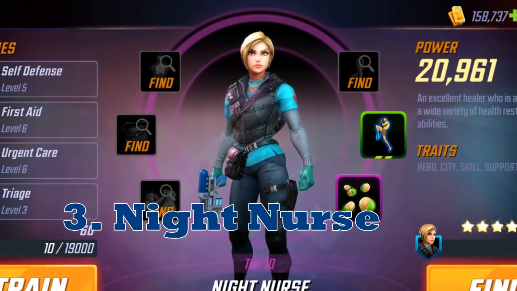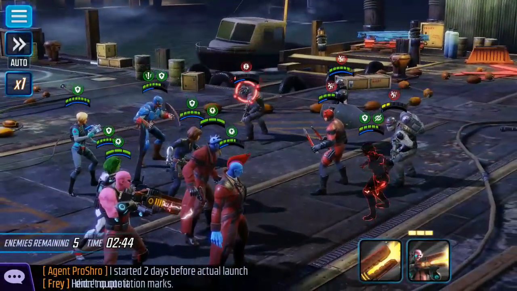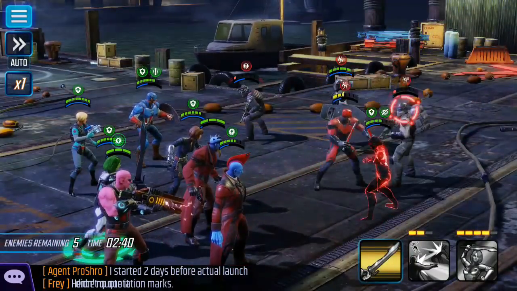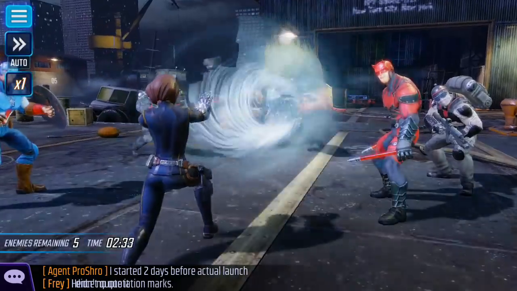With Night Nurse, you are by far getting the best healer in the game. Everything she does is about healing except for a basic attack, but her whole kit basically just screams heals. Her special ability can do a single target heal. Her ultimate ability heals the entire team while also giving them 2 stacks of regeneration, which means you can bring